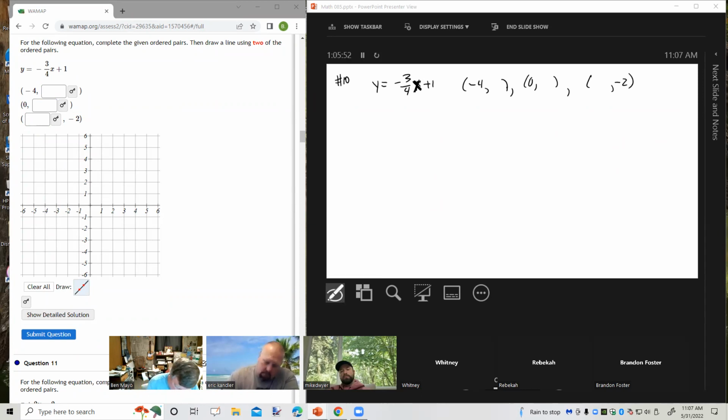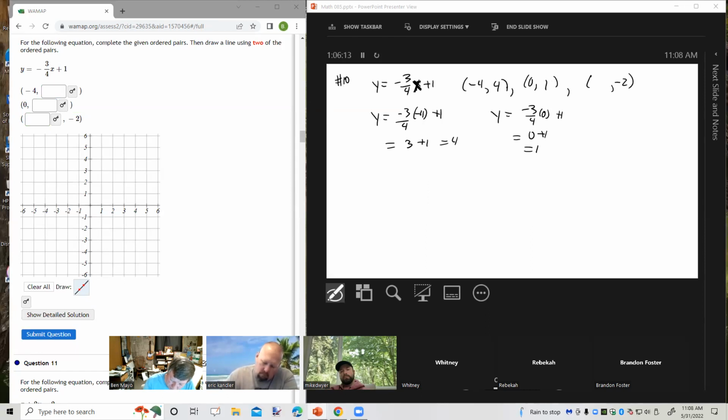If x is -4, y equals -3/4 times -4 plus 1, which is 12 over 4, which is 3, plus 1, which is 4. If x is 0, y equals -3/4 times 0 plus 1, which is 0 plus 1,